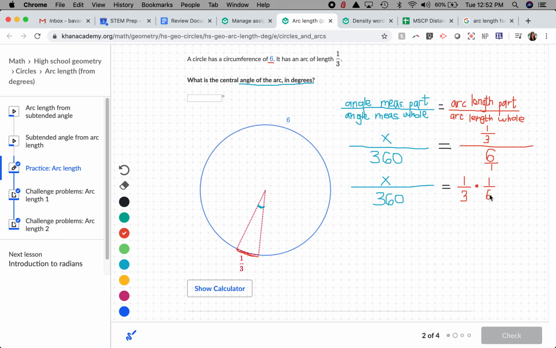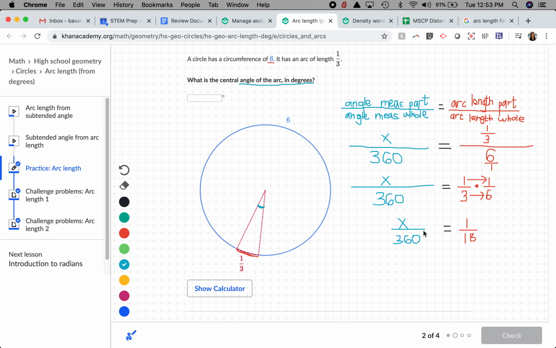Now multiplying across, you will get in the numerator 1 times 1 will give us 1, and in the denominator 3 times 6 is going to give you 18. So we have now simplified this funky looking thing into simply 1/18. So I'm just going to copy the left side of my equal sign, which is x over 360. Now that the ratio is looking a little bit more manageable,